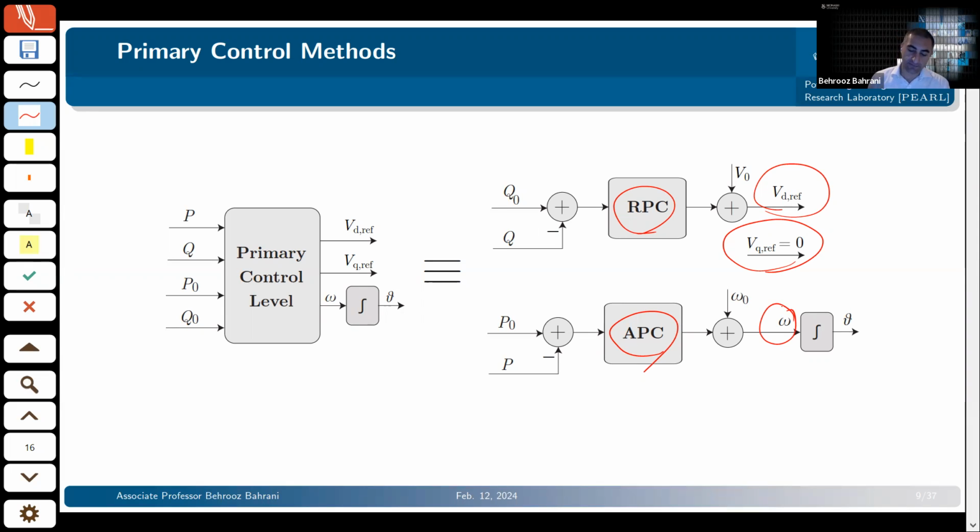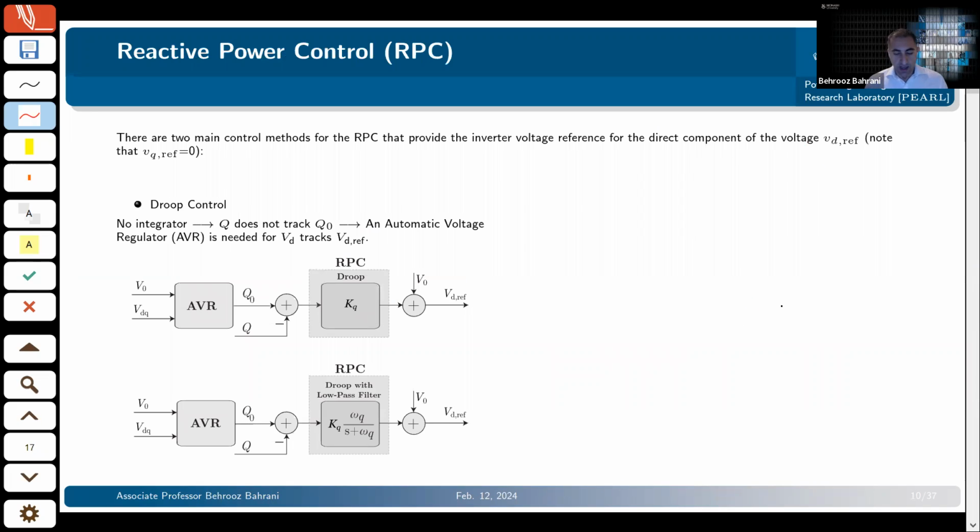It will give you a lot of coupling, and there are certain ways of decoupling the system in that way. But for the sake of this presentation, we assume that we've got a good decoupling between our real and reactive power, and we can control them independently using these two loops that we've got.